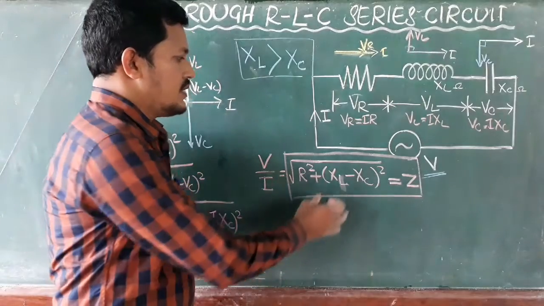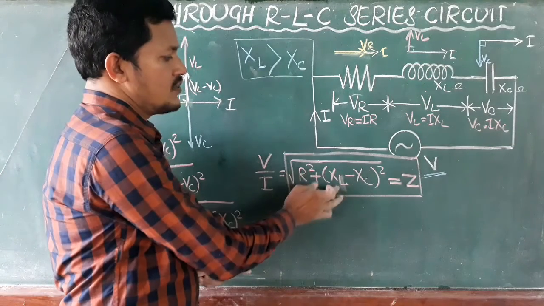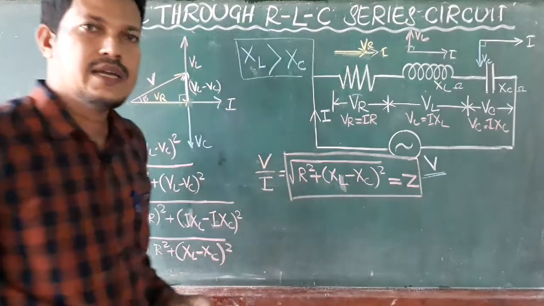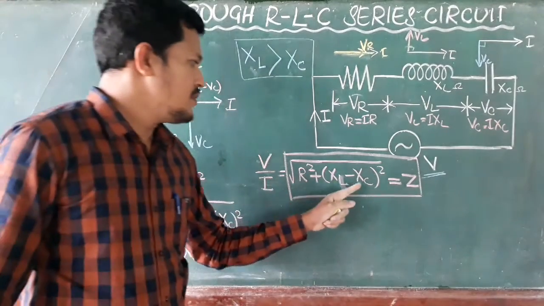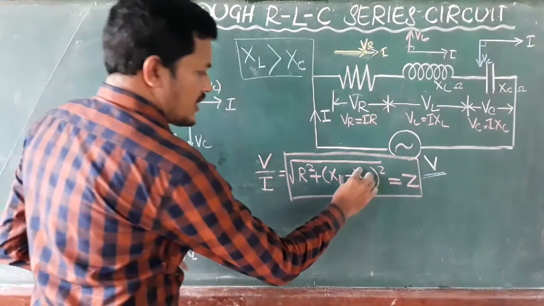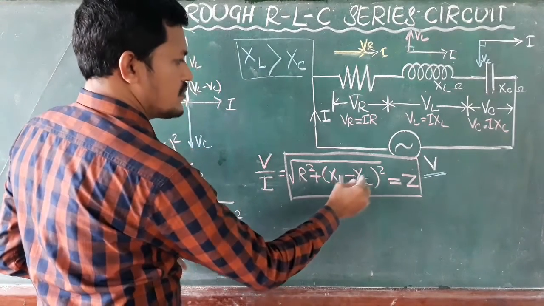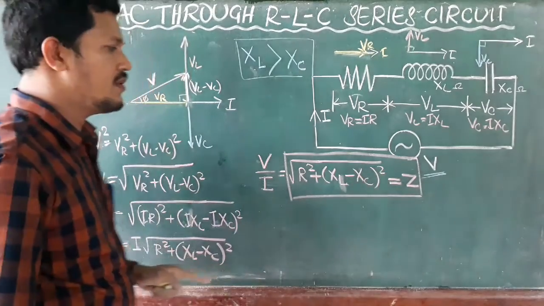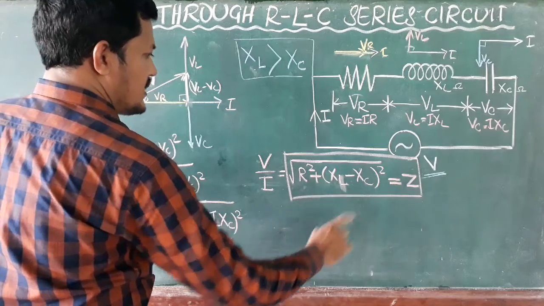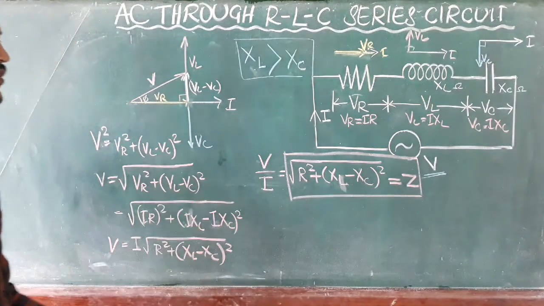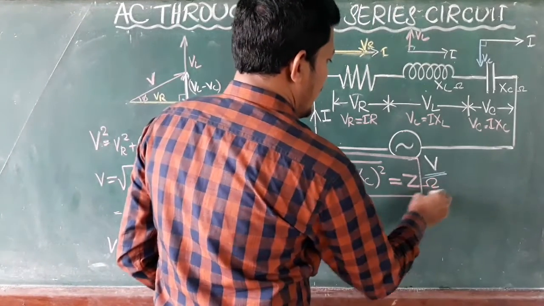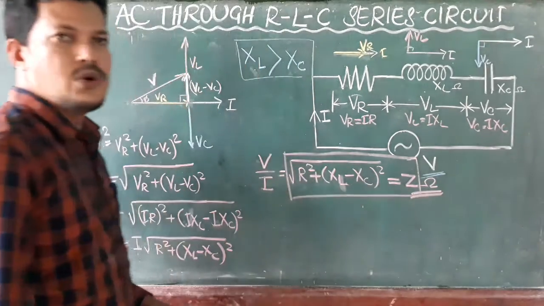Clear? Here we have taken XL as larger, so XL minus XC comes here. Vice versa, XC minus XL would come, but no problem, since it comes in square value. Anyway, the larger value comes first, and the minus square is positive, so no problem for the calculation. We can take it as R square plus XL minus XC itself. So the total opposition offered to the flow of alternating current in an RLC series circuit is this much in ohms.